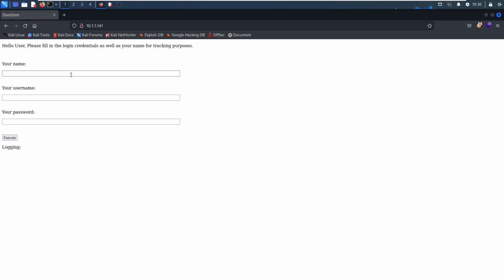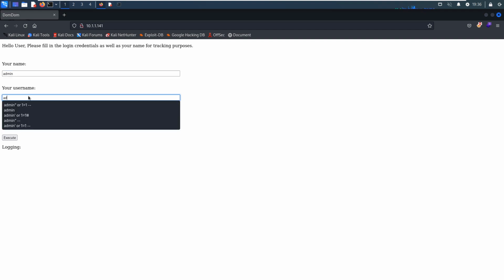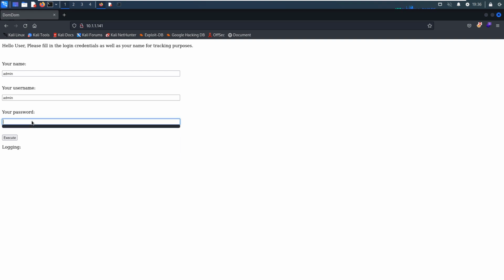Immediately, we are prompted by this login panel. We are required to supply the name, username, and password. So how to do? We can put the name admin, and username admin, and also password admin. Execute.